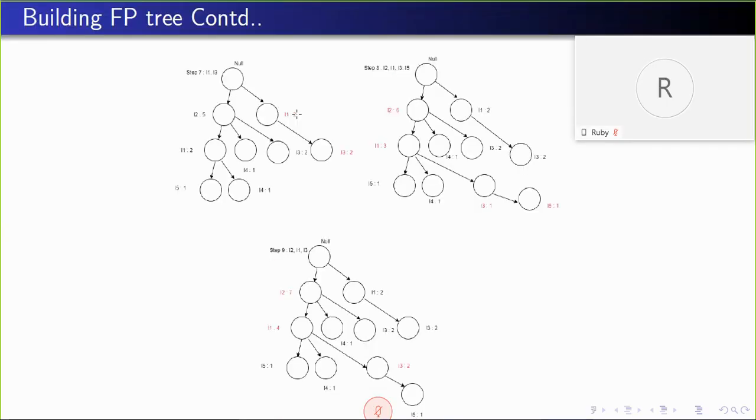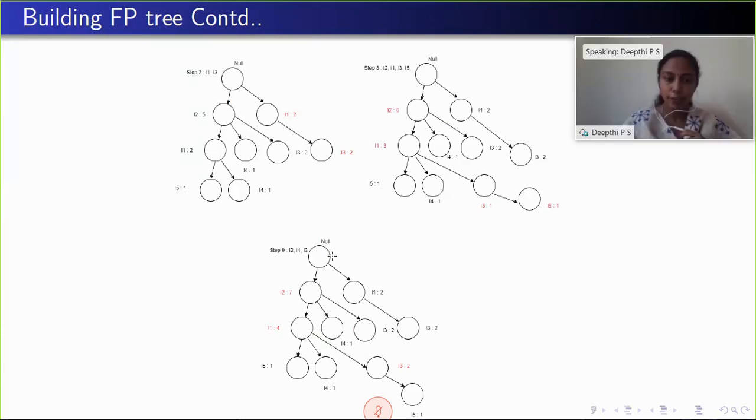So at the end of the ninth step, you'll have a frequent pattern tree like this. What we have to do is start from the root node, create a new node if the node is not already there. Otherwise, just increment the count of the already existing node. Repeat this for all transactions. Since you have 9 transactions in this list, you have 9 steps. And at the last iteration, you will have this tree. So this is the tree we have.